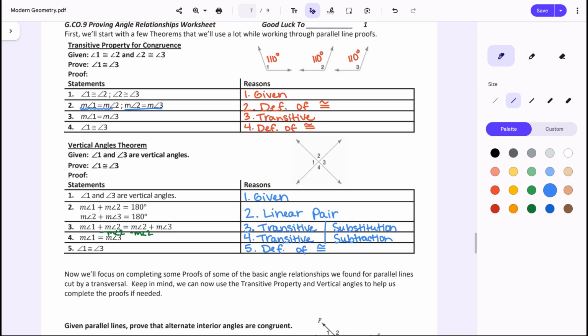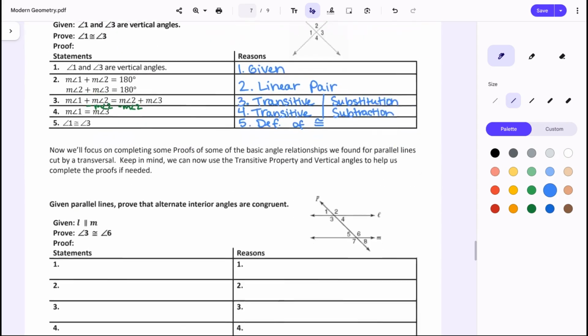But now that we've proven those two things, we can start using transitive and the vertical angles theorem for any proofs that we see going forward. We're going to get into writing entire proofs now. Those ones were kind of nice because they already had the statements written out for us, but sometimes you have to start from scratch. So if you look at the one on the bottom here,